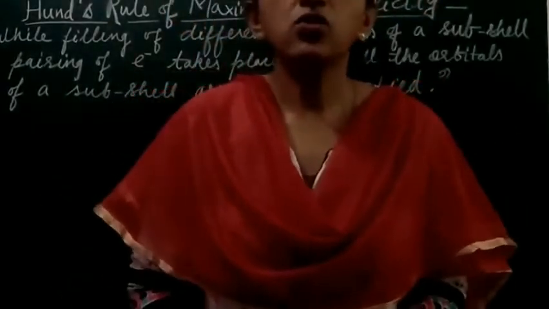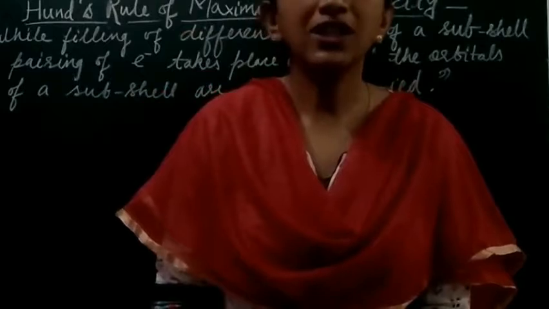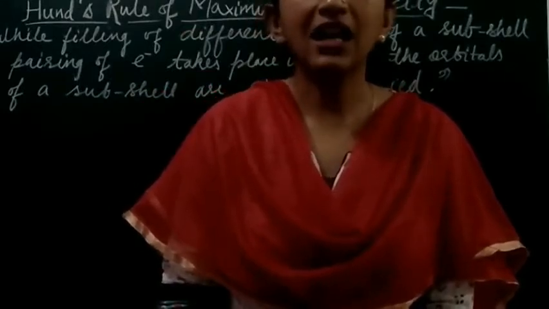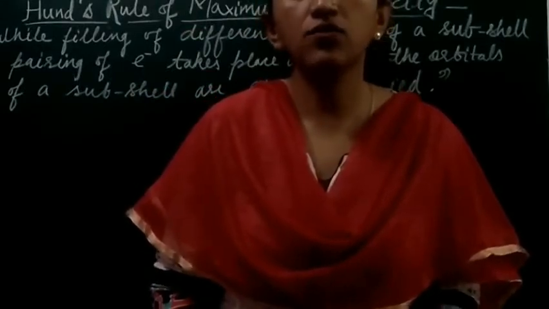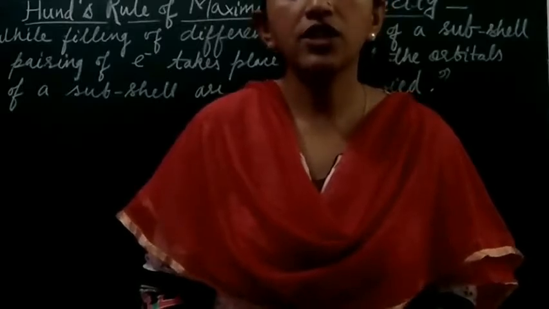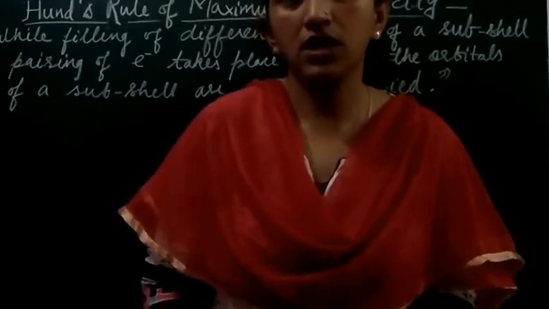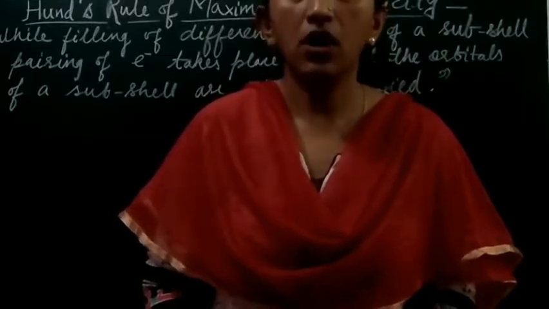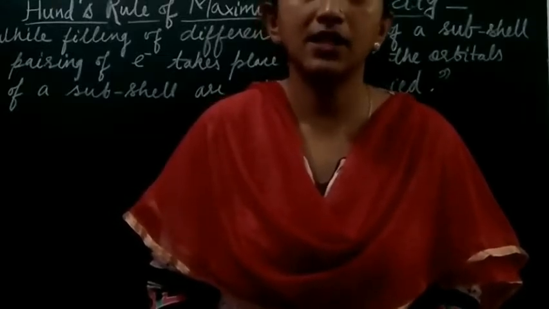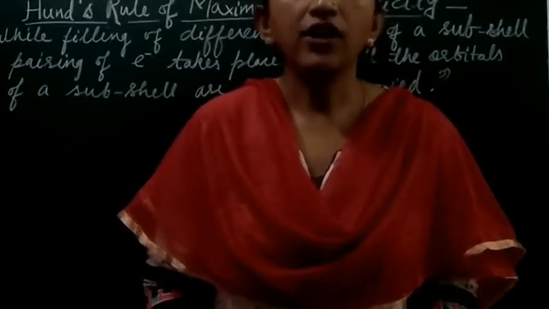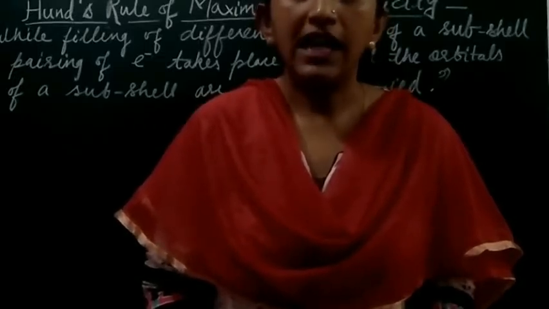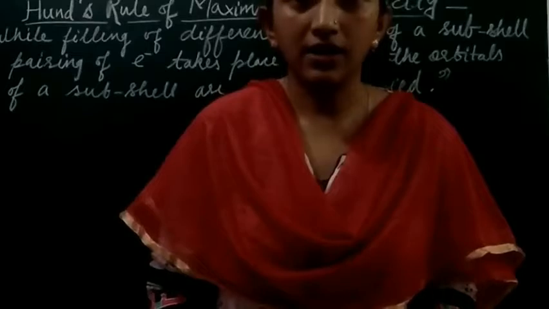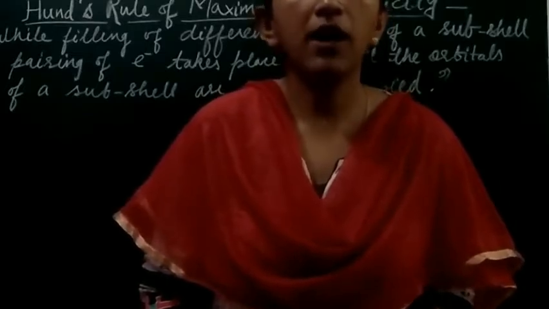Good morning, students. Today we are going to continue with the structure of atom, and in the last class we have discussed the Pauli exclusion principle. Now today we are stepping one step more toward the electronic configuration, that is, through Hund's rule of maximum multiplicity, right? And according to this rule, the electrons in an orbital of a subshell prefer to remain unpaired